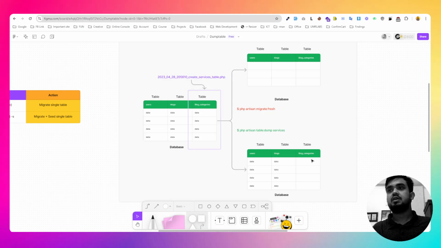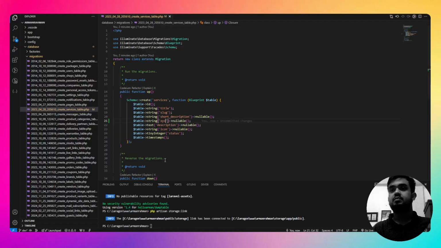So it will help you while developing, but in production it won't be a good decision. But while developing, it is very helpful for our daily life. So I think this will help you. Let's run this command. So php artisan table dump